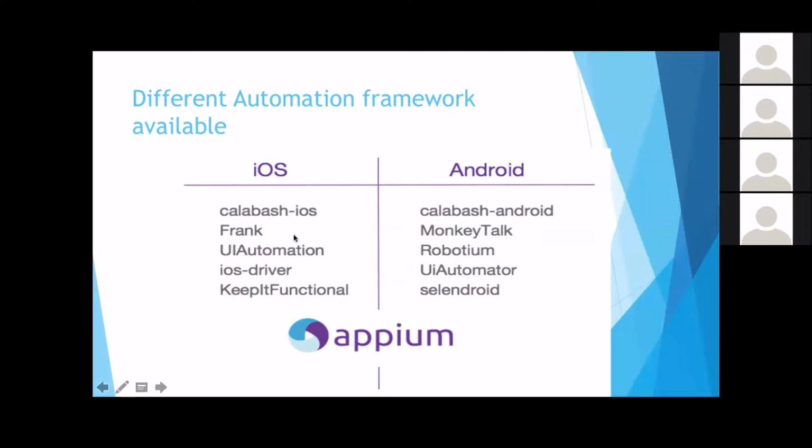Plus, the third one is you have to have the code base of that particular application. So you take the code, add some libraries from the respective automation framework, and then recreate the application. This is kind of not required from the tester side. We just have to have the application file, and you just start your automation.